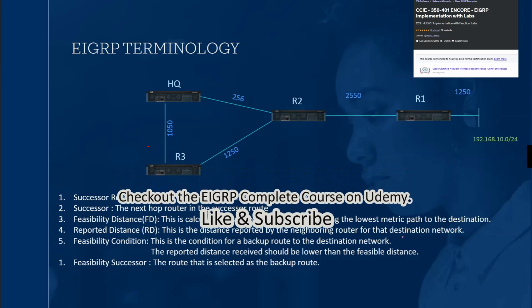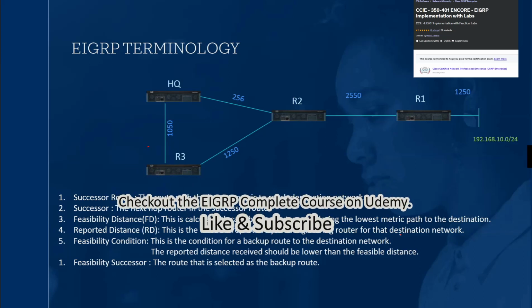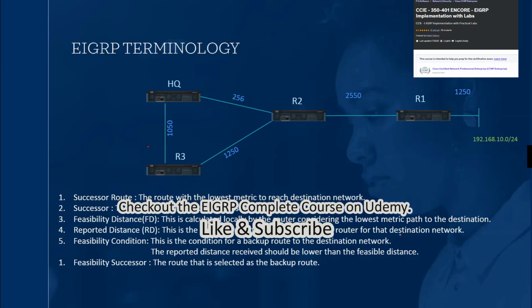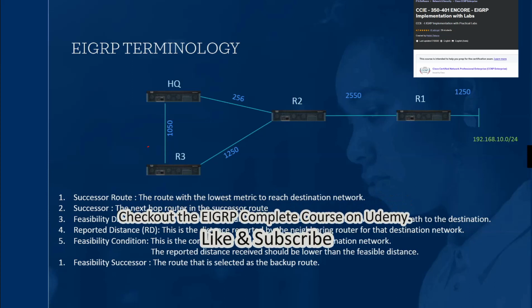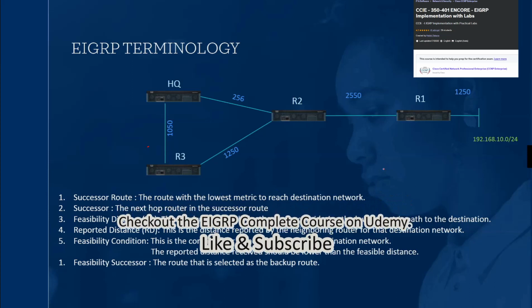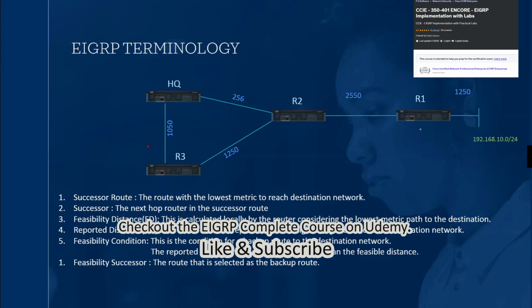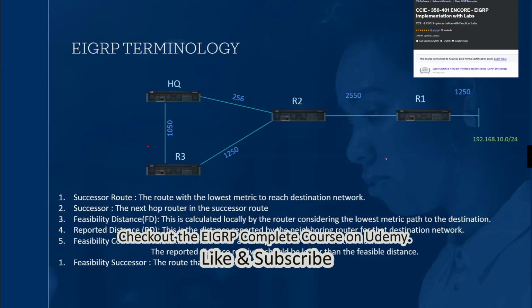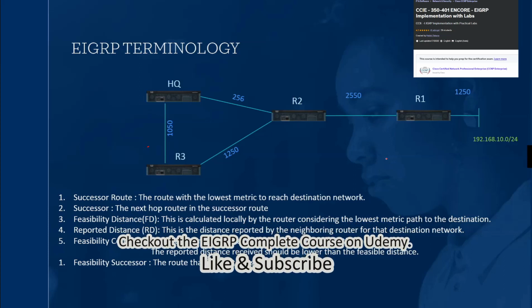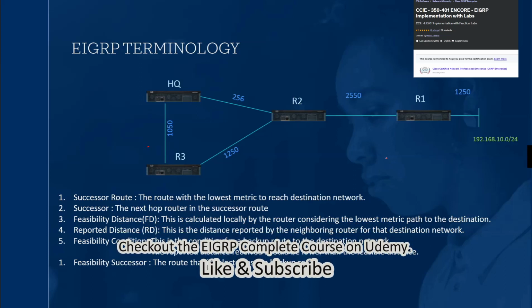The description is a little bit vague, so the reported distance is usually what the neighboring router is reporting back to the router that is looking to send a packet